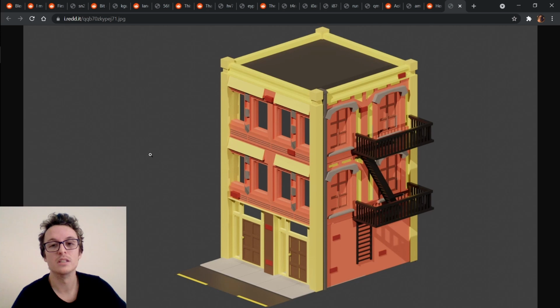But because this has that isometric look, you could have it right in the middle and it could still look quite interesting. Maybe even adding some details on these pillars around the edge here, like brickwork or something like that. But yeah,